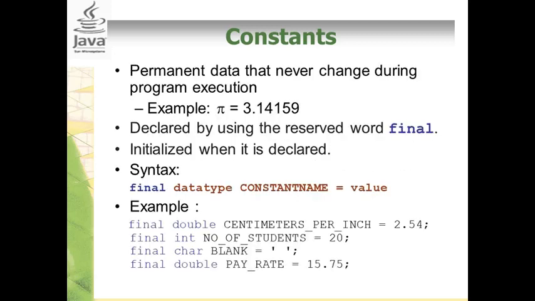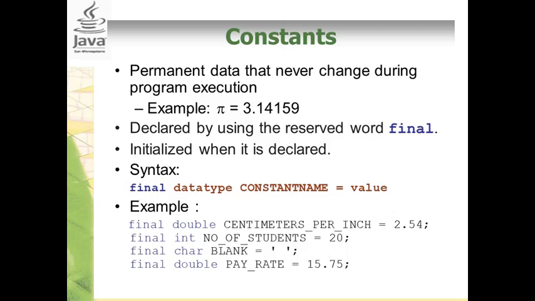Usually we use a constant to store a value that we do not really want to change, such as a pi value. Usually we will not change the pi value. The way we use a constant is almost similar to the way we use a variable. In a variable, when we want to store a value, we put the value at the right side of the equal sign, and we store it to the variable. Similarly in a constant as well, we put a value at the right side of equal, and we put a constant name at the left side of the equal symbol. And